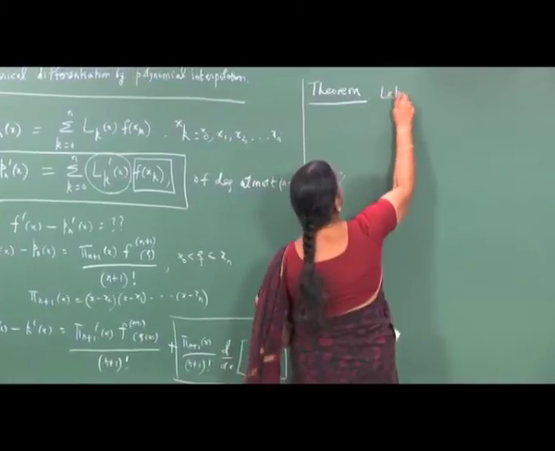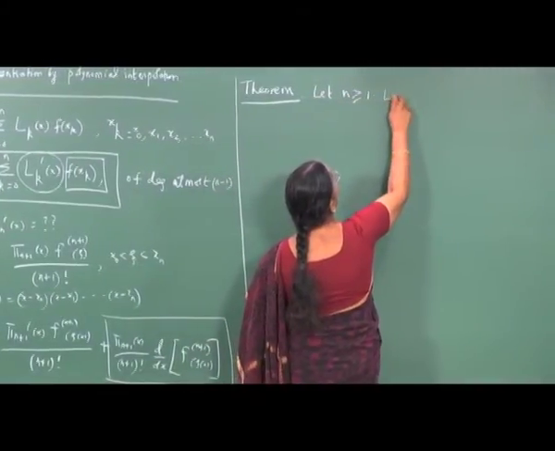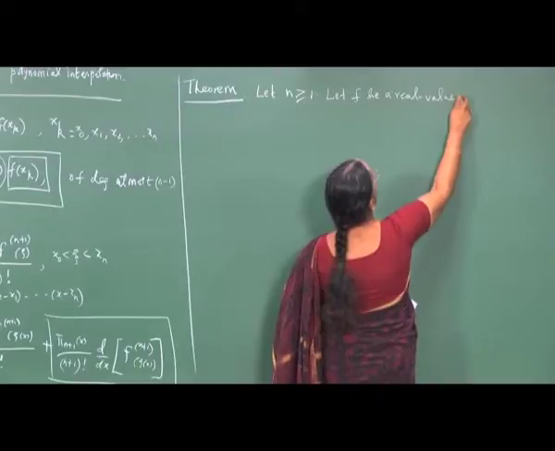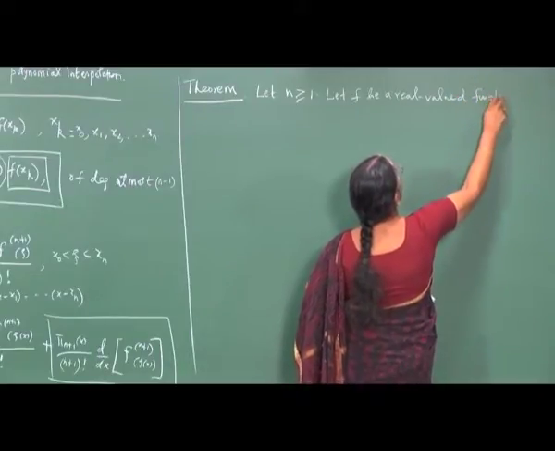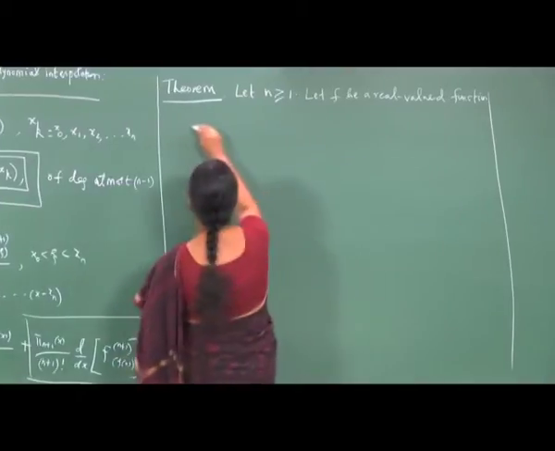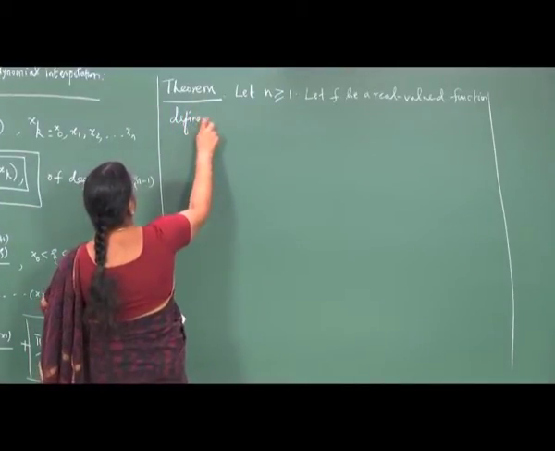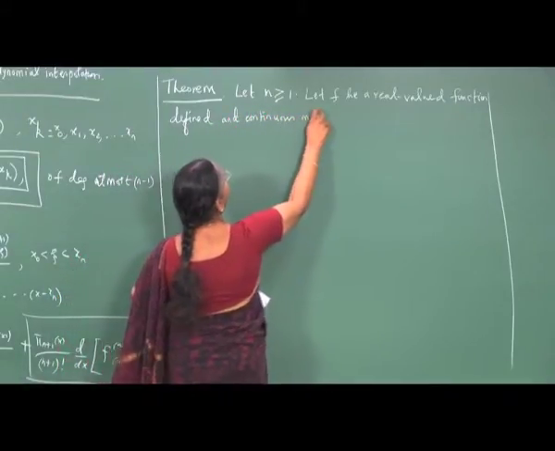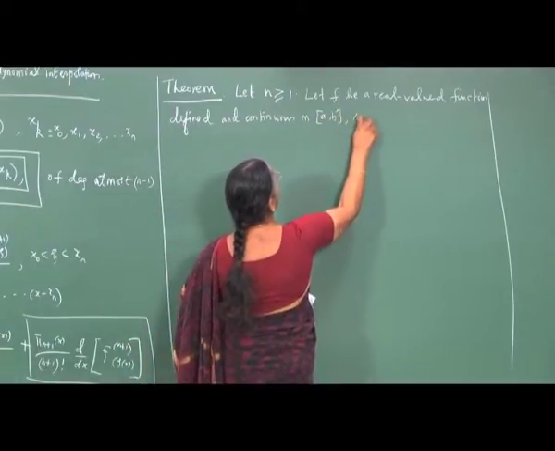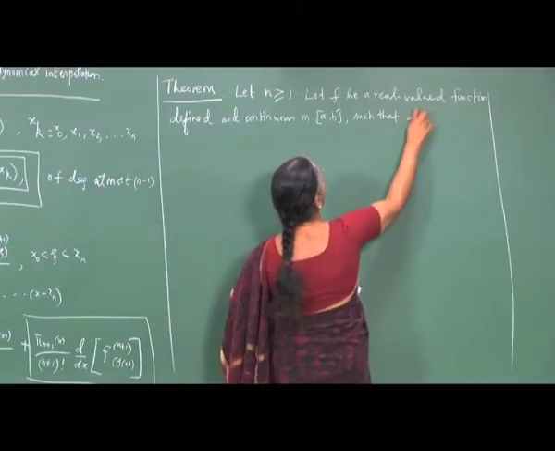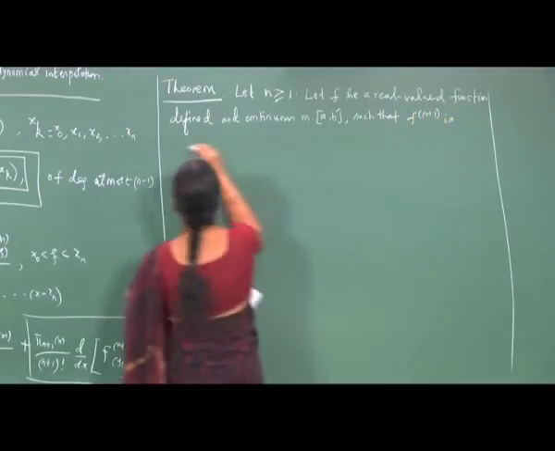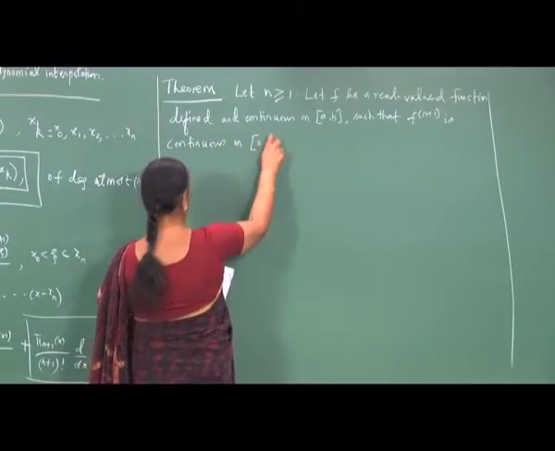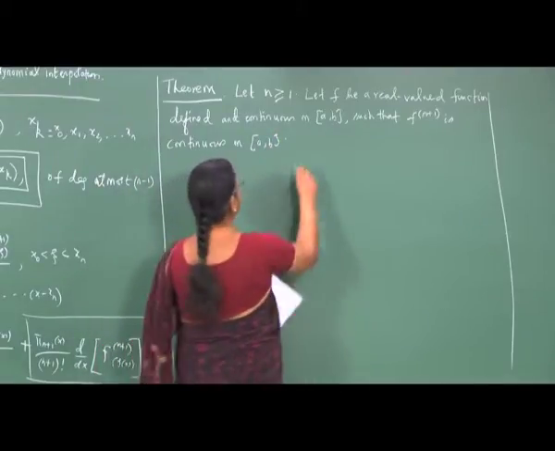It says let n be greater than or equal to 1 and let f be a real valued function, defined and continuous on the interval a b such that its n plus 1th derivative is continuous on the closed interval a b. And suppose further that